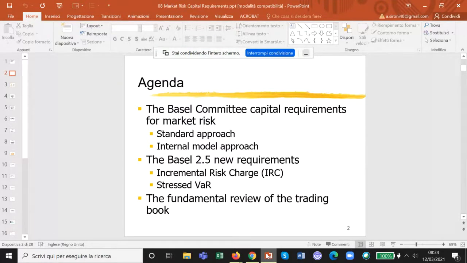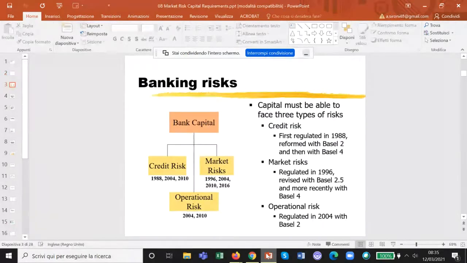Now, as you know, we mentioned already, the Basel Committee is a kind of supervisor of the supervisors. So it's a kind of common forum where all the banking regulators regularly meet and actually discuss and make proposals concerning common ways to regulate, especially solvency and liquidity of banks, okay?